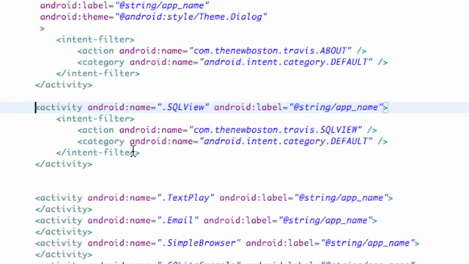So what you guys want to do real quickly is go into the manifest and set up a class called SQL view and have a reference. Again, we did this kind of intent opening early on in the series, but make sure you have a reference like this, and again you want to copy your reference for your action name, and then we're going to go into